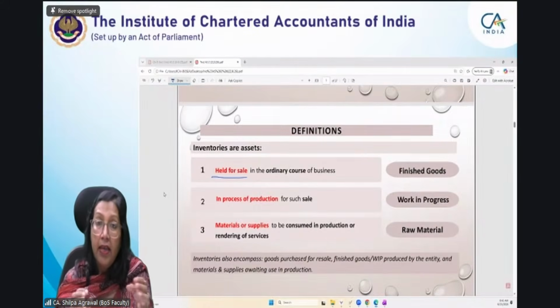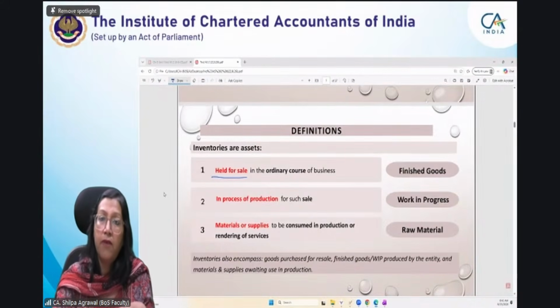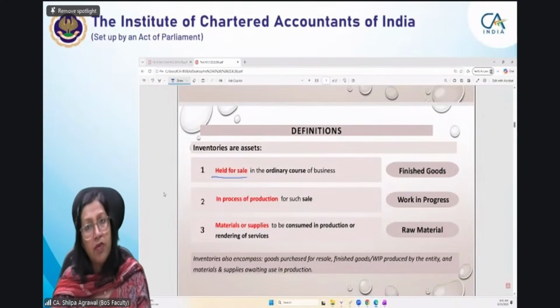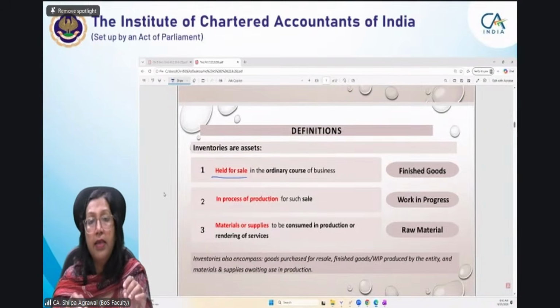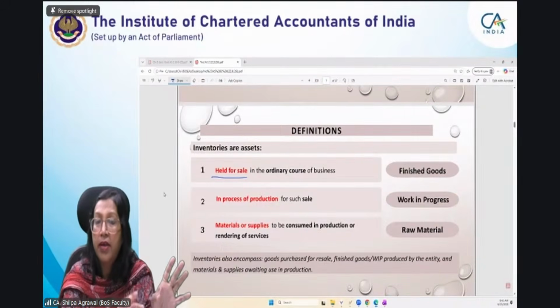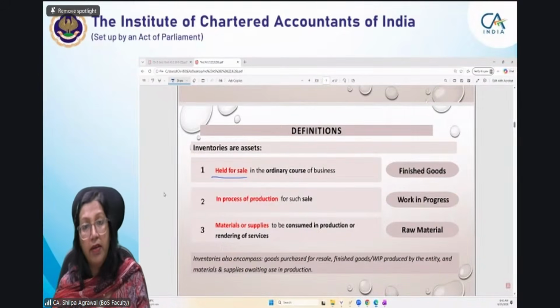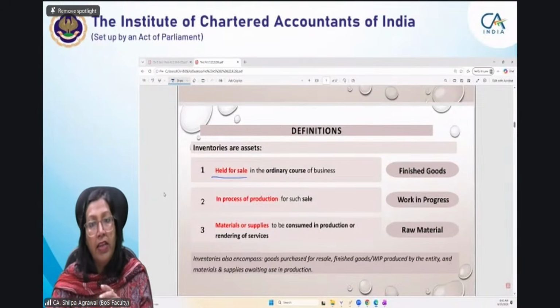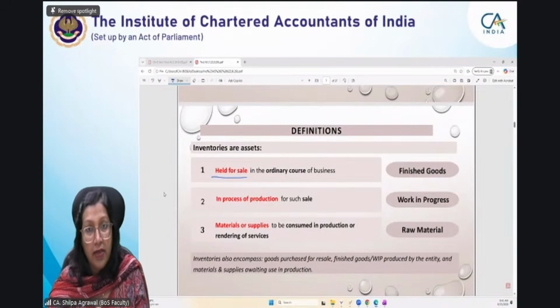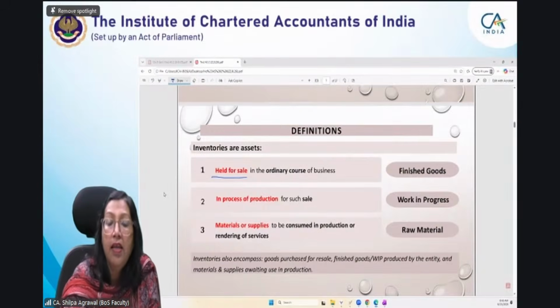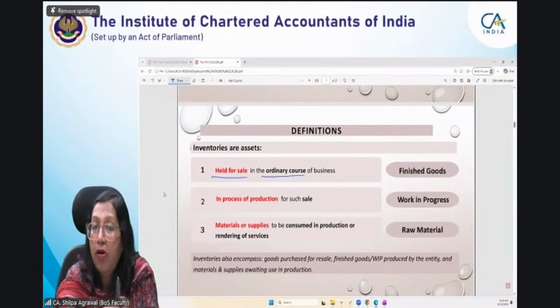That is inventories. If it is not in the ordinary course of business, if it is for rare purposes or trading purposes, then it becomes your investment, like the financial instruments we were talking about. For finance entities, it is an inventory, but for those entities dealing with some other manufacturing or trading, but also holding some other items which they sell after some time, when the price appreciates, to earn profit, that will not fall under the category of inventory. So it is very important that it is held for sale, but at the same time it is important that it is in the ordinary course of business.